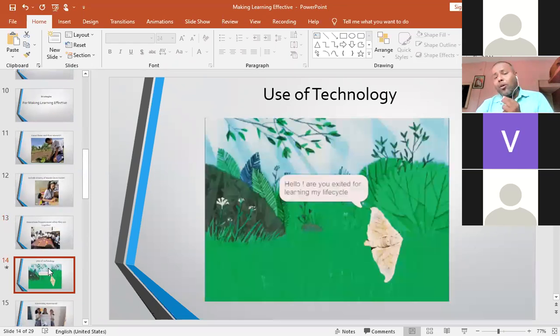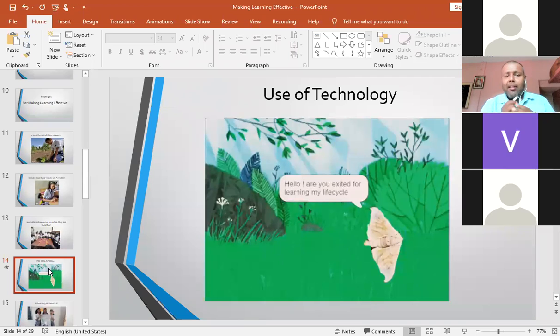Next is use of technology. When it comes to use of technology, it doesn't mean you just have to switch on the video, watch the video, ask questions and be done. No. Whatever they have learned, there are various ways of expressing their learnings. As I said, if they are learning reflection, they could go out and find somewhere where reflection is taking place, and shoot a video for reflection.